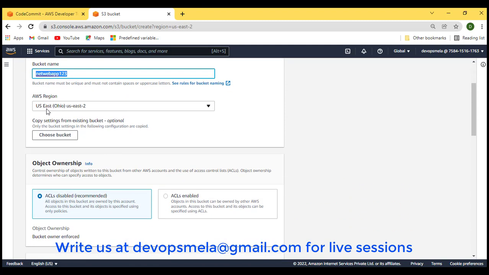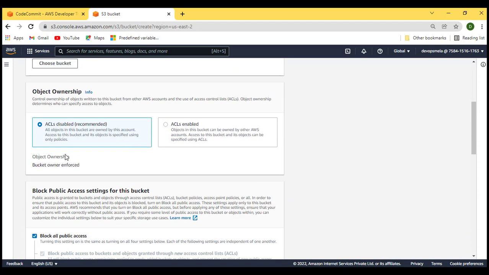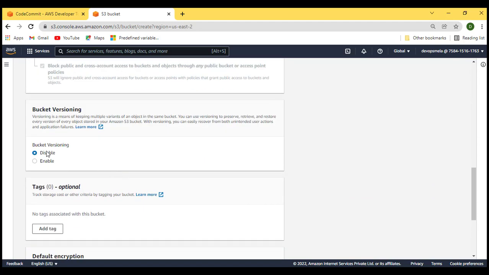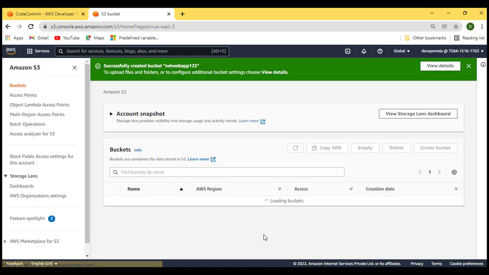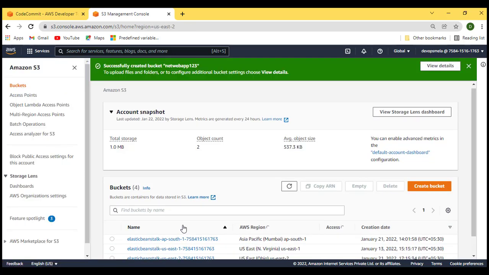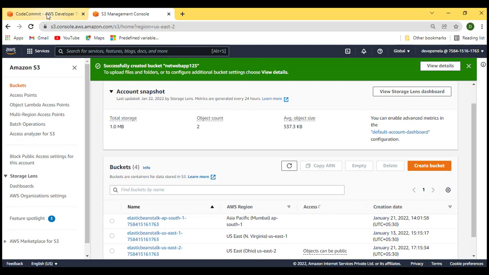Region Ohio, that's okay. All the options you can keep as default. Versioning disabled, encryption disabled, nothing else. Okay, go ahead, let's create the S3 bucket. Here we go, we have an S3 bucket created. Okay, let's go back to